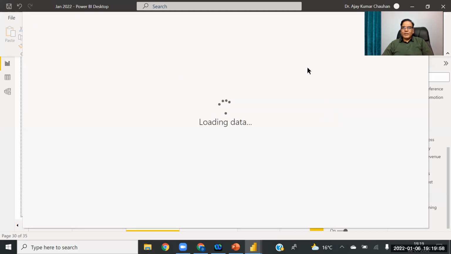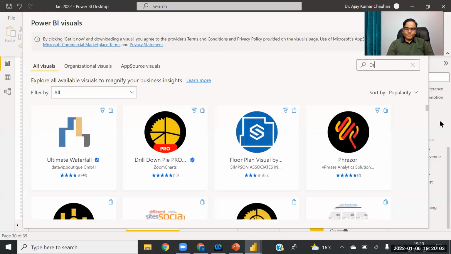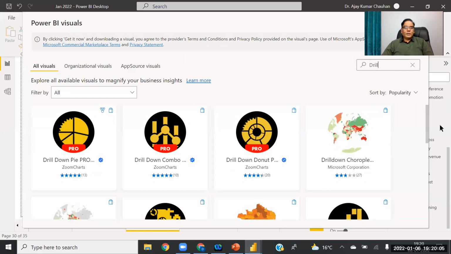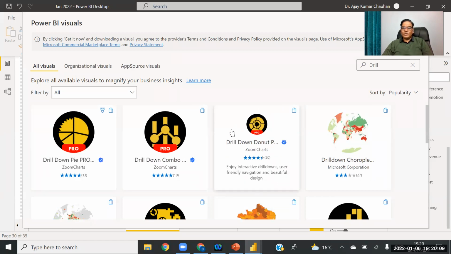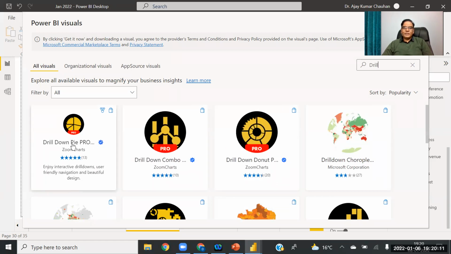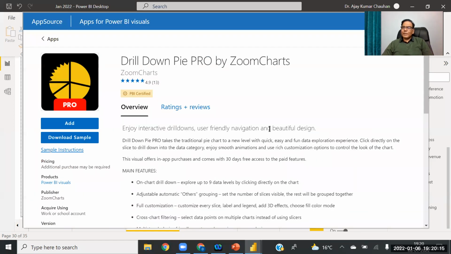Whichever chart you require, you just type here, drill down pie chart. So this is my drill down pie chart, drill down donut chart. Let's take this chart first. Whatever charts I'm showing you are the most popular charts. It is a Power BI certified chart.